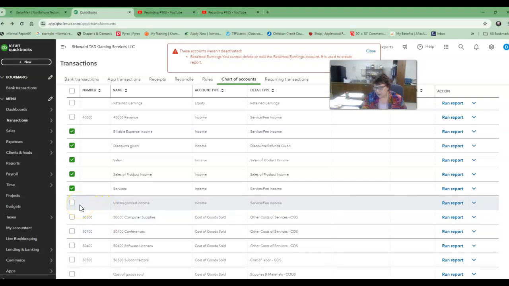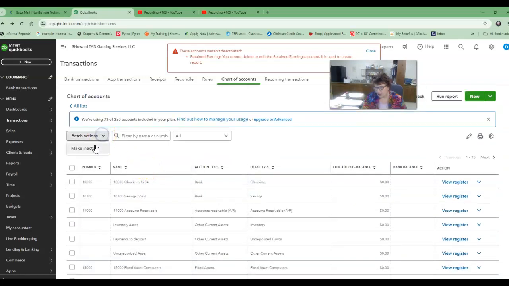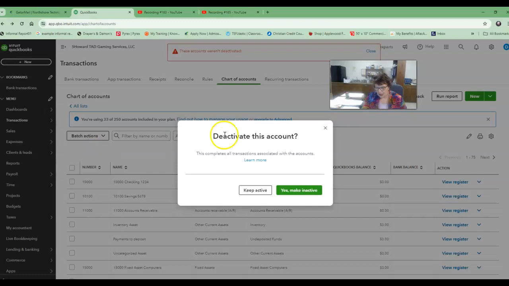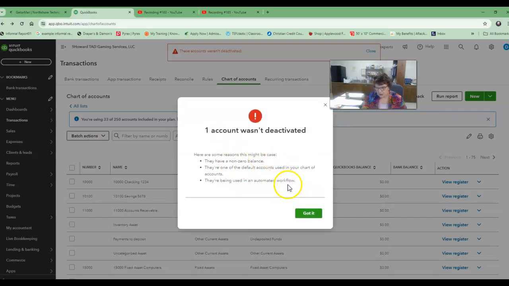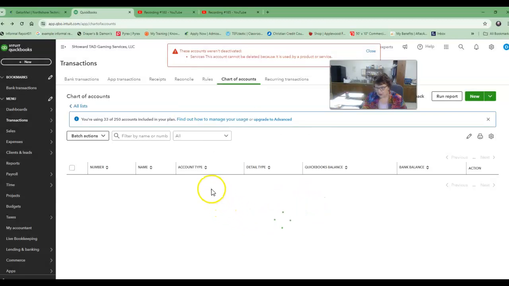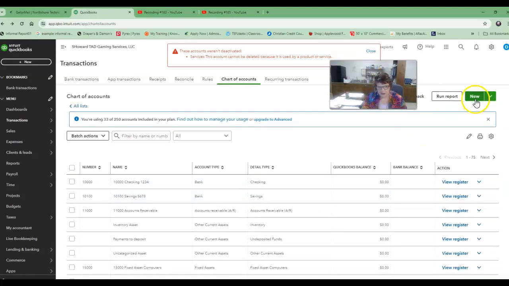All right, so I'm going to leave the uncategorized income, and I'm going to go up here to the batch actions and make those inactive. Okay, so one was not made inactive. All right, I'm not sure if these need to be added, but I'm going to add them. We don't have account numbers, but I'm going to add